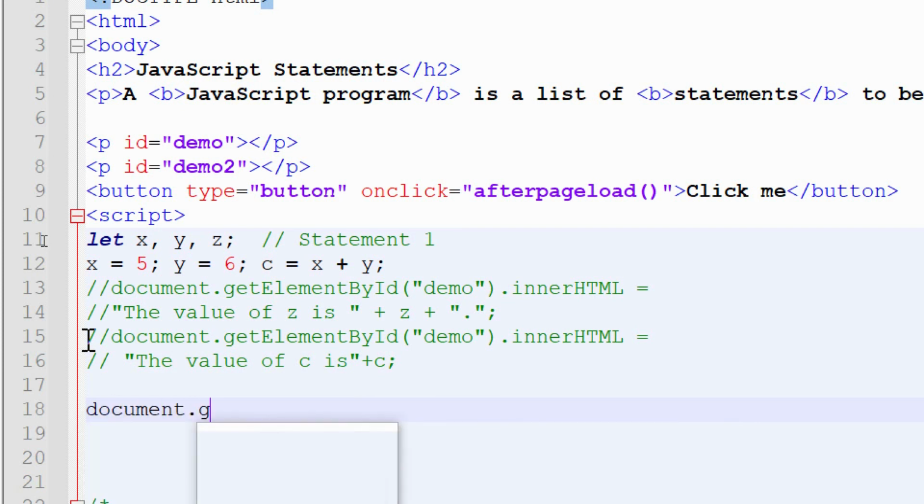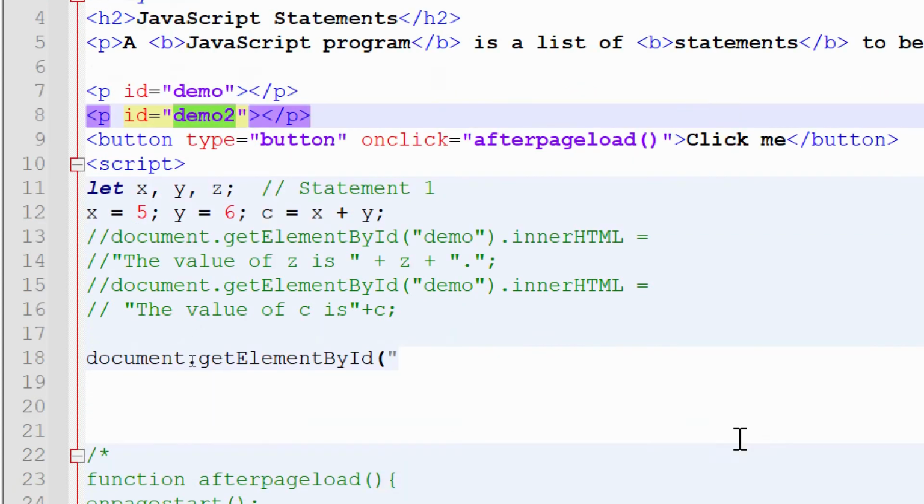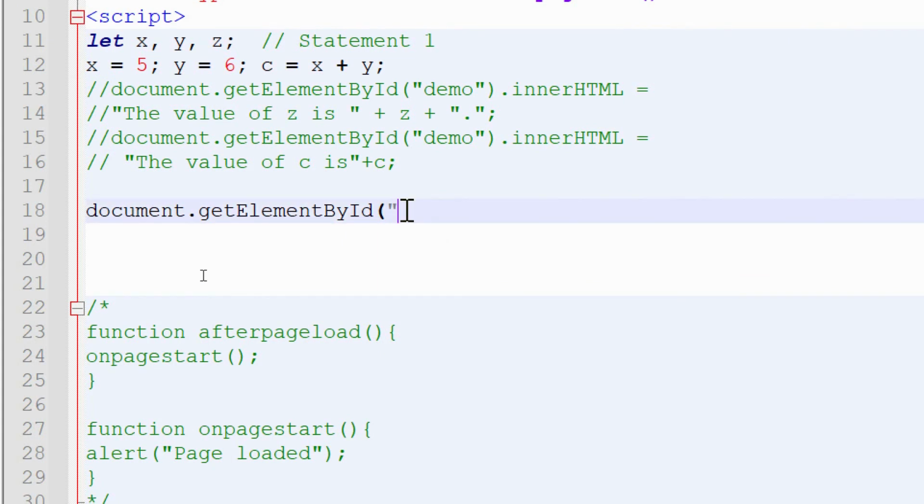So document.getElementById gets that element by id. This is a JavaScript method used to access an HTML element, and here we pass the id of the HTML element. We want to access that paragraph, so we will pass the id demo2. So in that line, from the whole document, the whole web page, get the HTML element whose id is demo2.